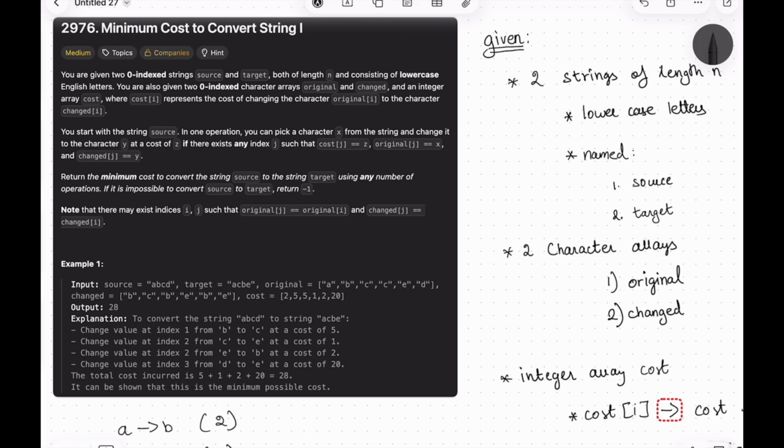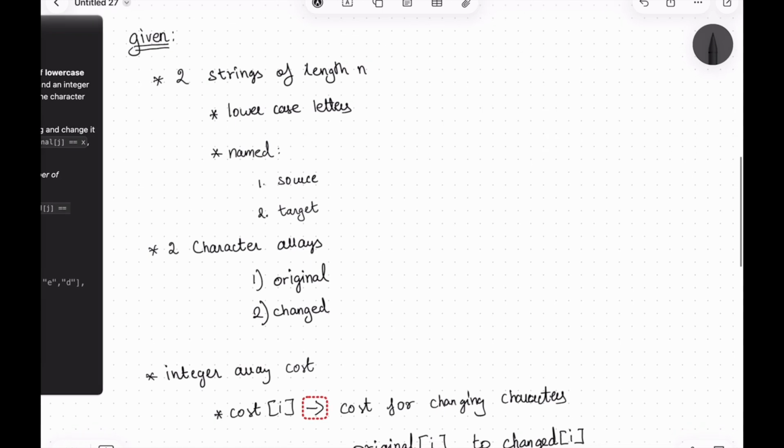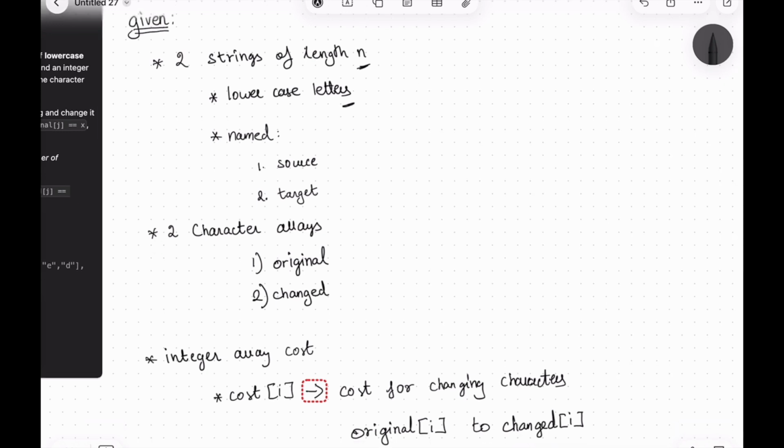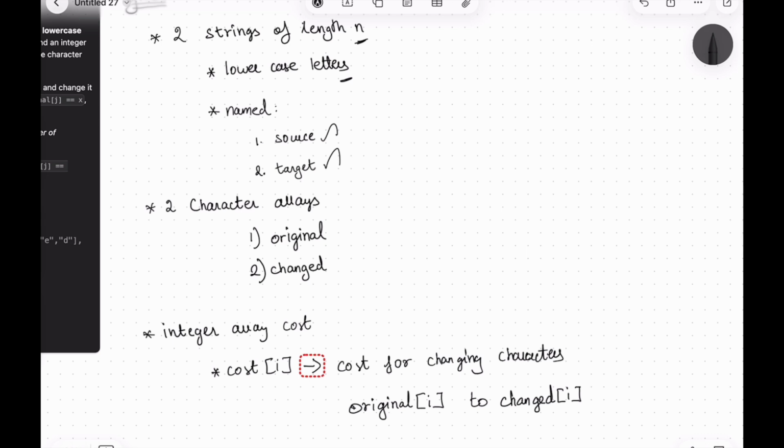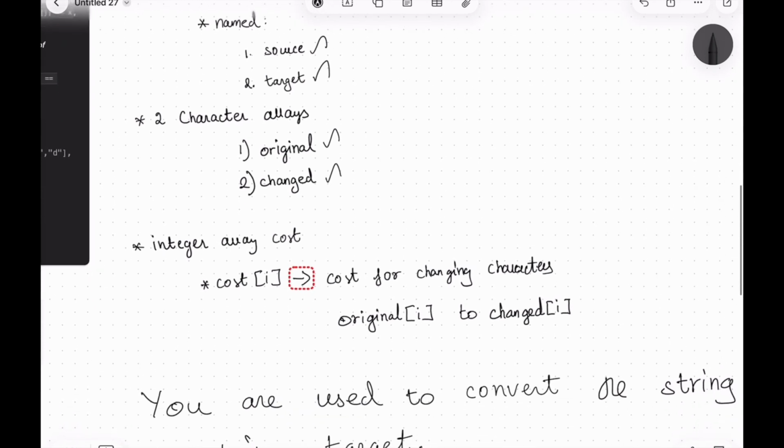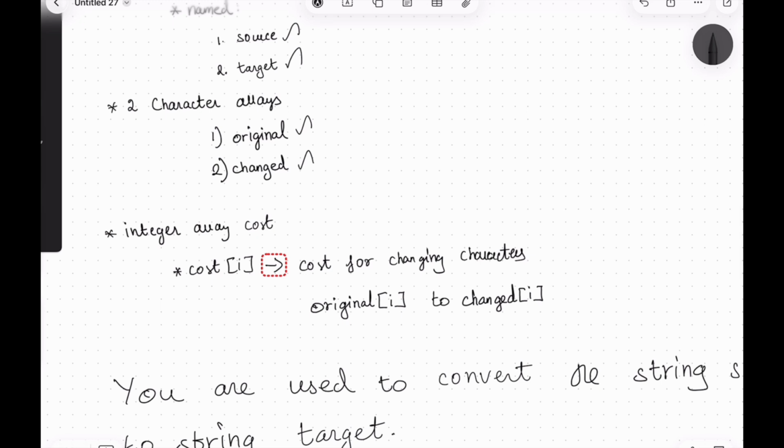Hello all, today we are solving LeetCode problem number 2976, minimum cost to convert string 1. We are given two strings of length n containing only lowercase letters, a source and a target. They have also given two character arrays, original and changed, and one more array, a cost array, where cost of I is the cost of changing characters